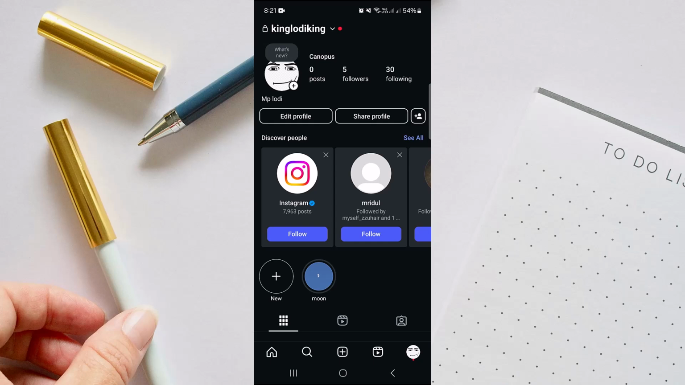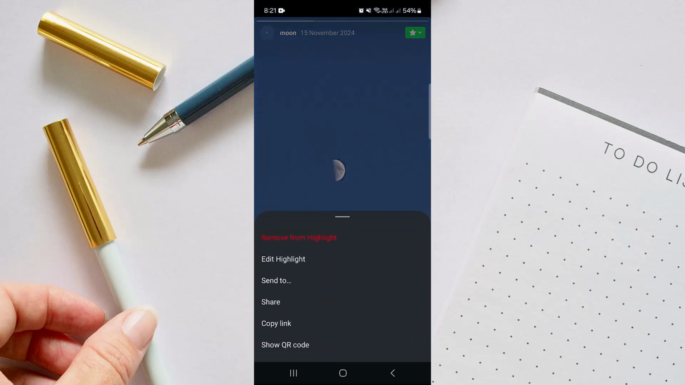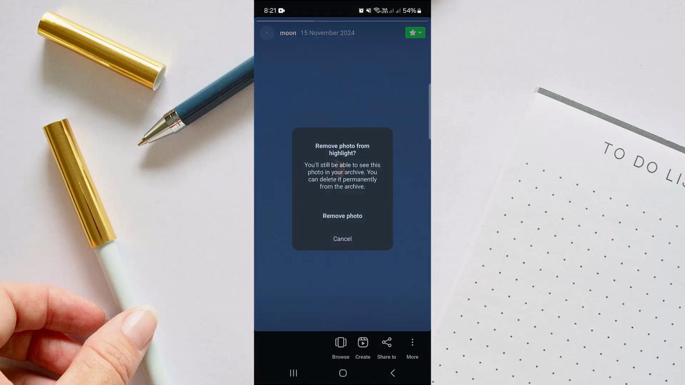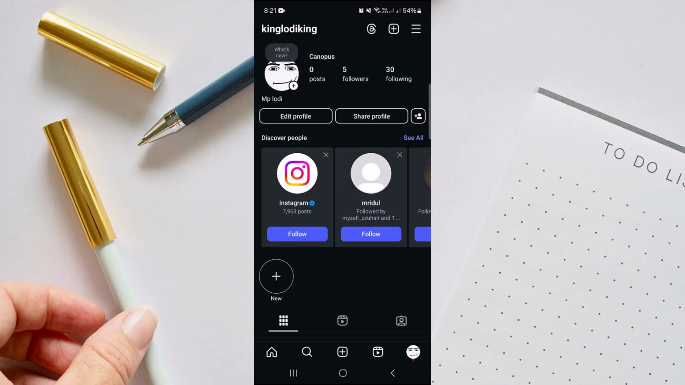So as you can see, I have already created a highlight. If I go on it, I'll get to see my highlights. I'm just deleting it. Remove from highlight and it is removed. So here I'm going to create a new highlight for my